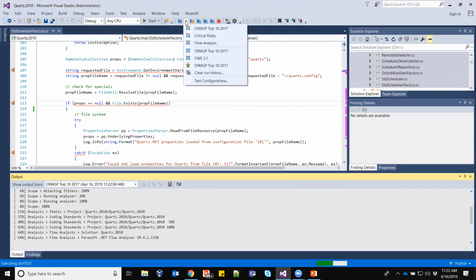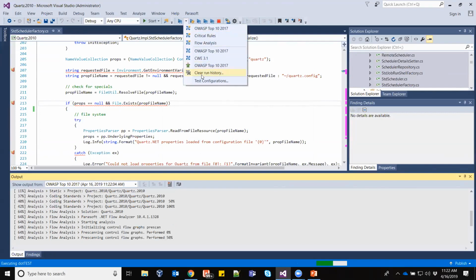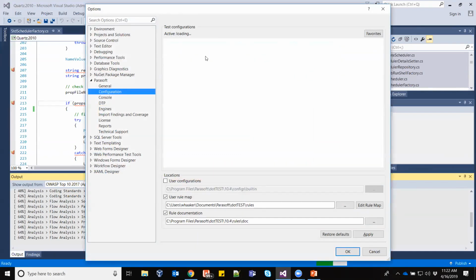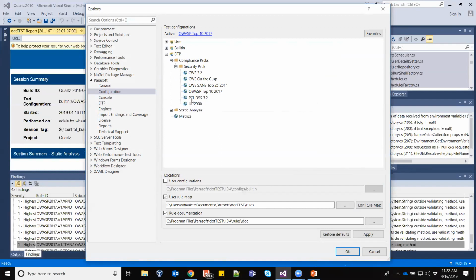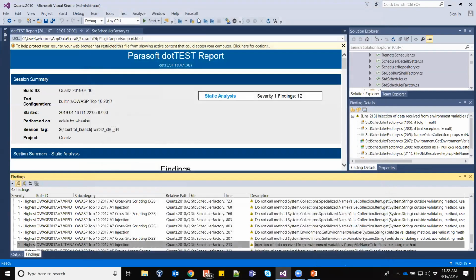While this is running, I'll also point out that we have the test configurations from DTP available here in the IDE. So those test configurations we're looking at in the browser, as a developer, I can come in, choose which one I want to run, set favorites, all of that.